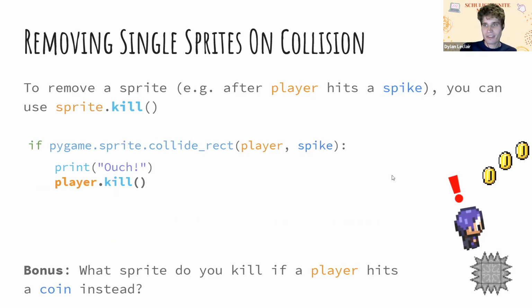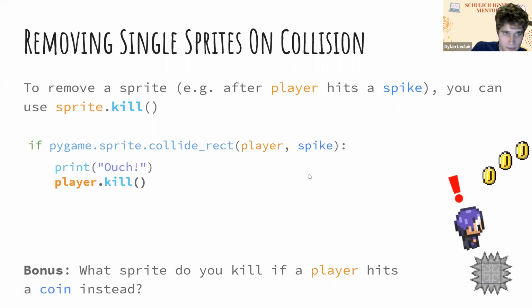When one sprite collides with another, say we have a player and then either an enemy or something that will kill it, right? So you're basically just going to want to yeet the player out of the sprite group and just make sure it doesn't show up anymore. And so you can actually accomplish this by using the sprite.kill method. And basically you can just take whatever you want to kill, call kill on it. And then it's important to actually remember the context of like, you only want to do this if your player